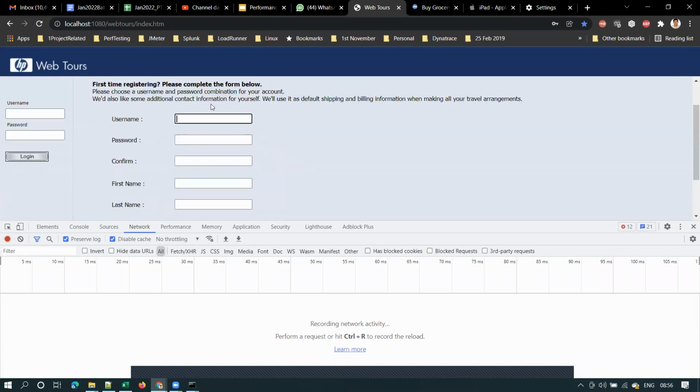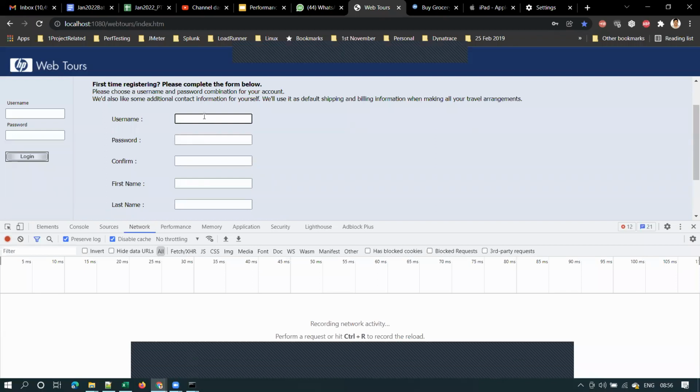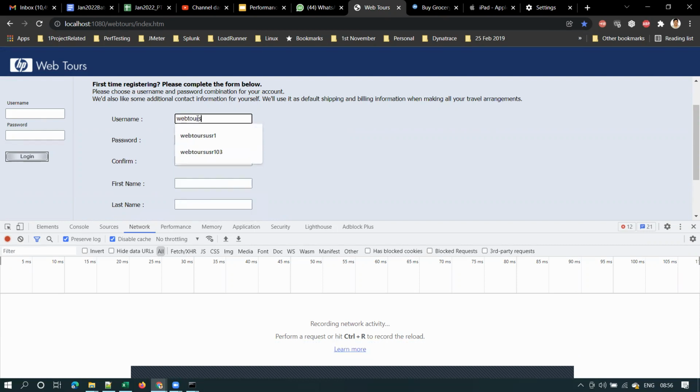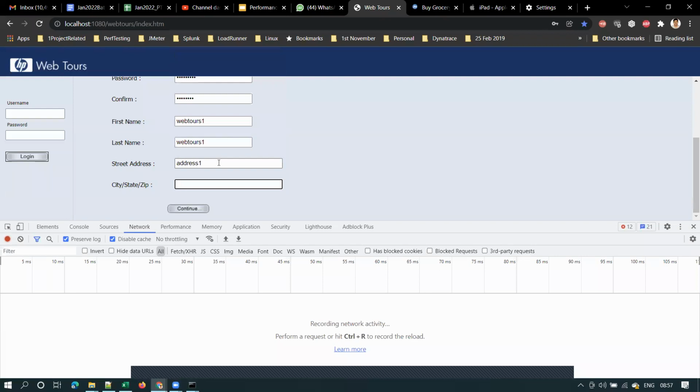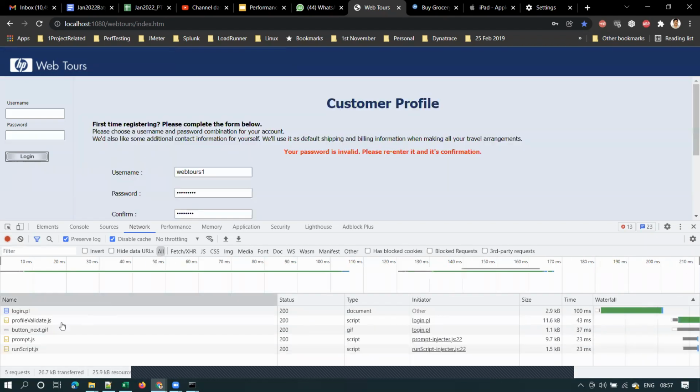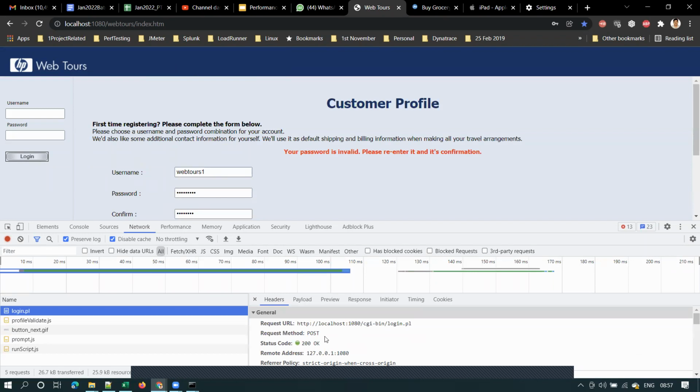This is an HTML registration form, and whenever you are submitting that form, it will also be a POST request. So I'm submitting this form now by clicking on the continue button, and that data will also go as a POST request.